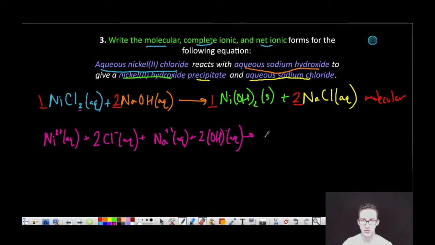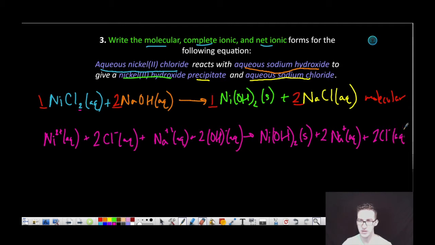We're going to keep the nickel 2 hydroxide together because it's a solid. And we'll still have our sodium ions floating around there, and our chloride ions just chilling in solution. So as we take a quick peek here, whoa, I forgot to put a 2 here. As I take a quick peek here, you're looking for the ions that remain aqueous on both the reactant and product side. Whoa. And so this becomes our complete